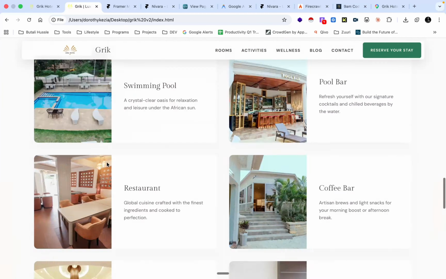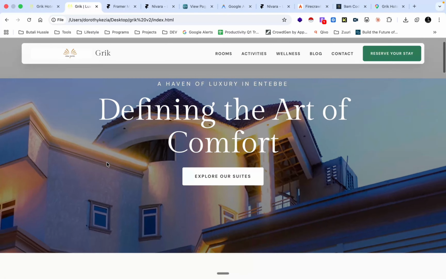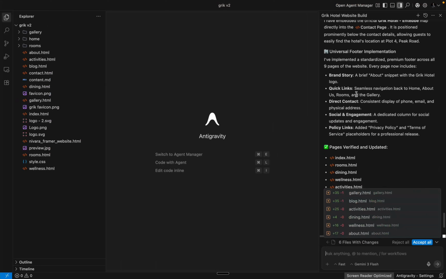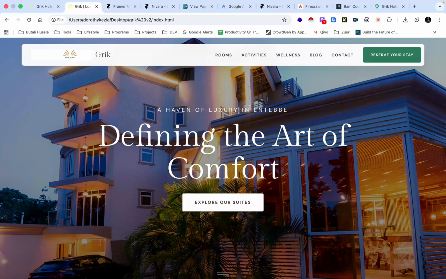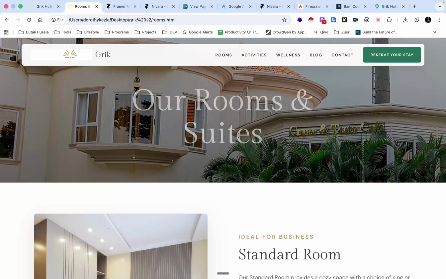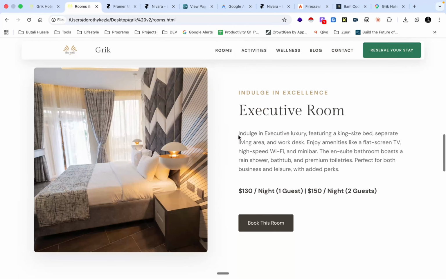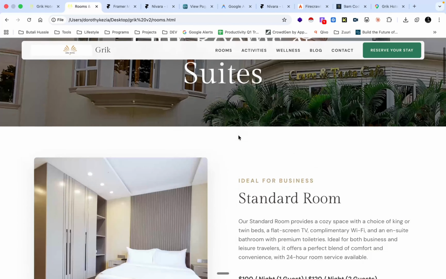And let's see, this is what it has come up with, and I think it's premium, very good-looking and very rich. This is far better. The other thing I'm going to do is ask it to build all the other pages, which it has gone ahead to build out for this website, and from there we'll move into